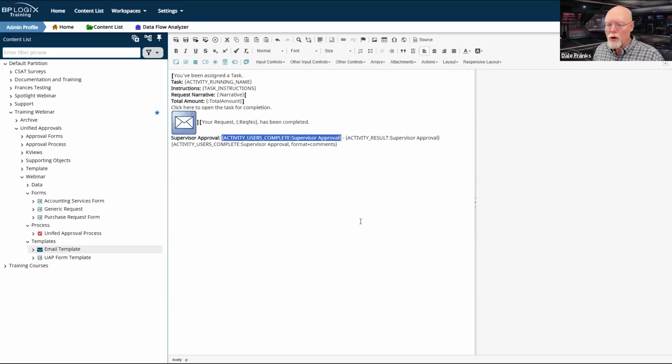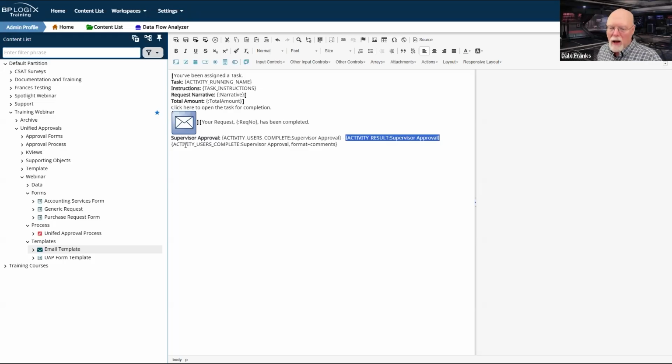That is the default for any user system variable, to return the name by default, as we've discussed previously in this series. Then I'm going to have a space and a little dash and another space. And then I'm going to provide the actual activity result for the supervisor approval. So if I was the supervisor approver, this line would say supervisor approval, colon space, Dale Franks, space dash space, approve or deny, whichever one that I chose.